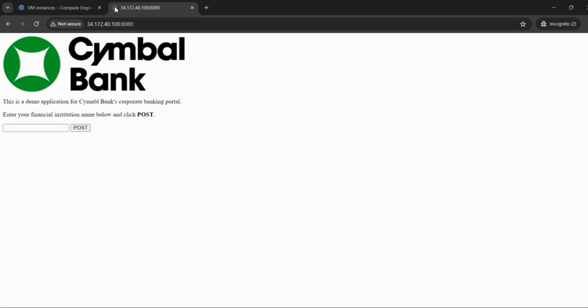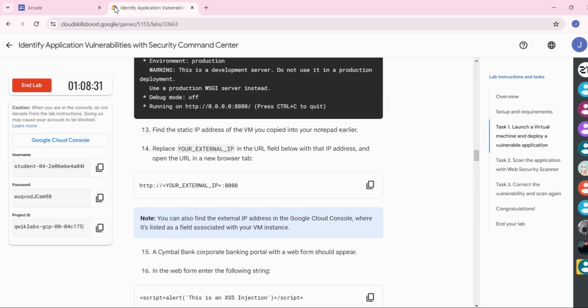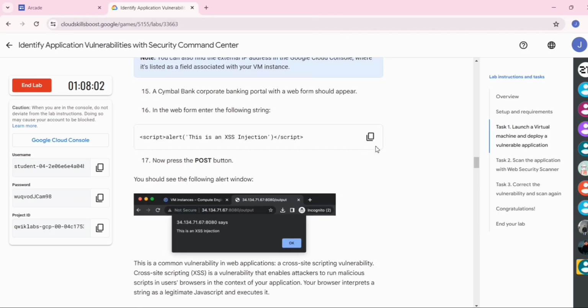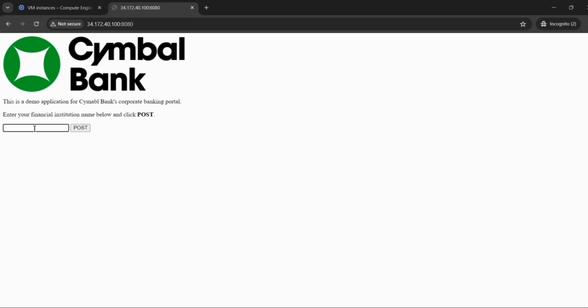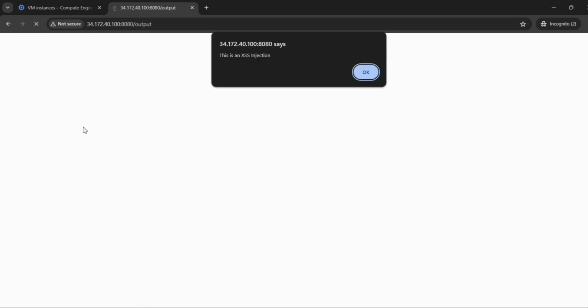Now you can see that there is a Cymbal Bank demo application. You can explore it. Now go back to the lab instructions, scroll down, copy this code here, paste it in the post placeholder and click on post.